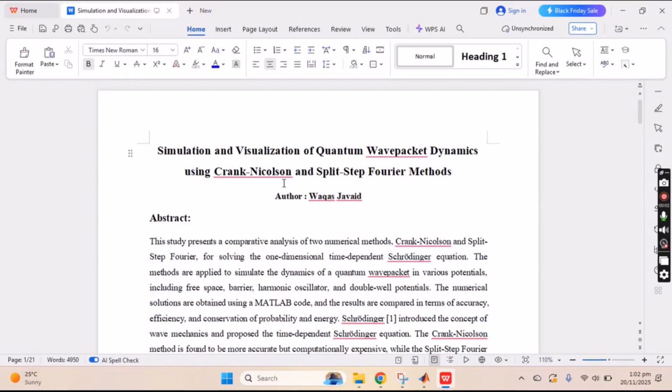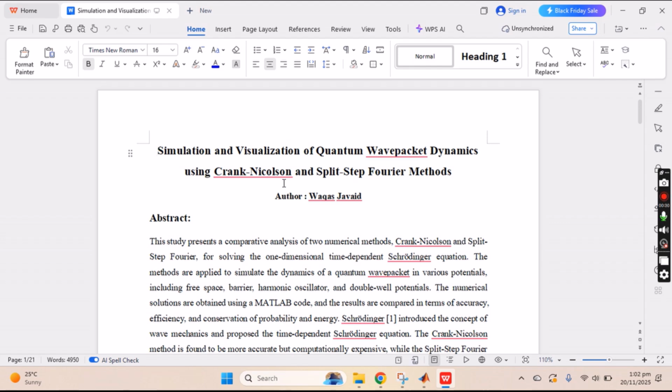Wavepacket dynamics using the Crank-Nicolson and Split-Step Fourier methods. So, in the abstract, I have just explained that we have used two numerical methods, Crank-Nicolson and Split-Step Fourier, for solving the one-dimensional time-dependent